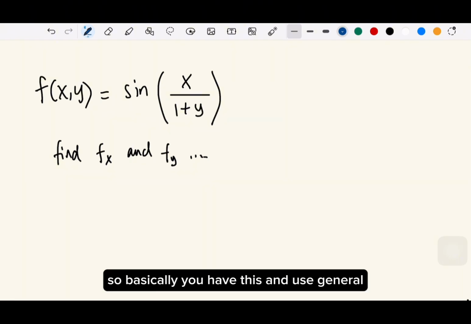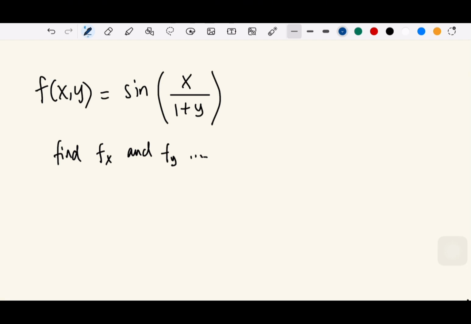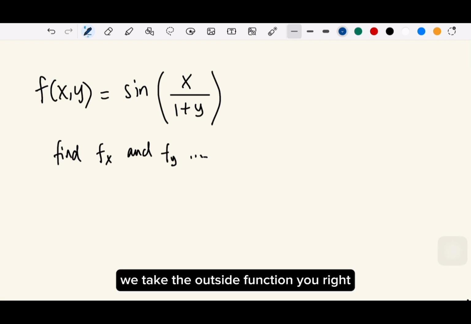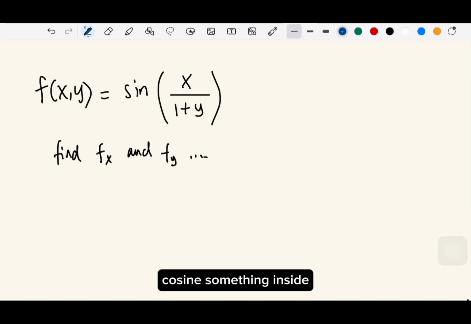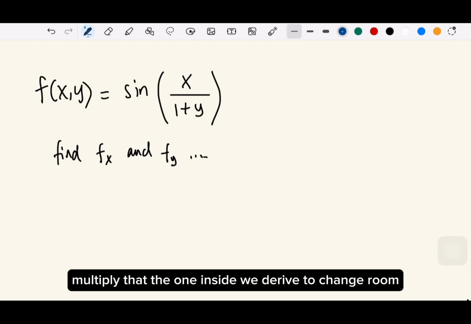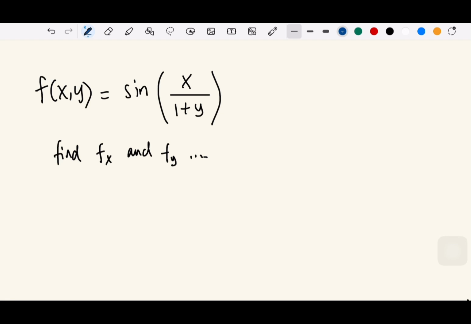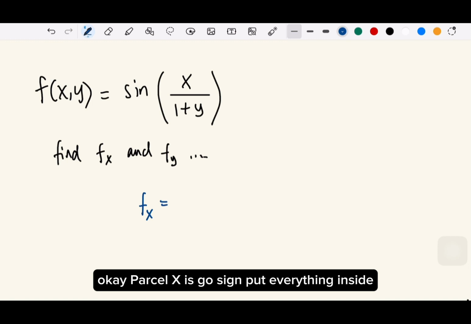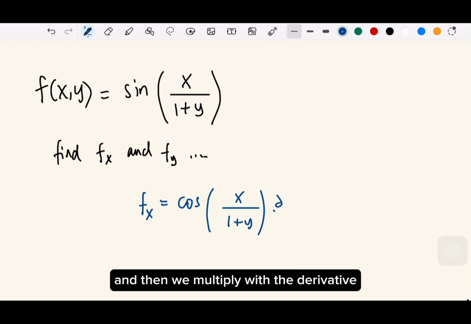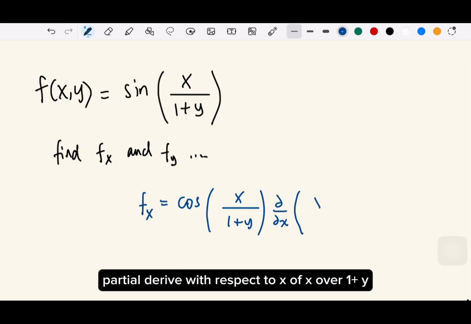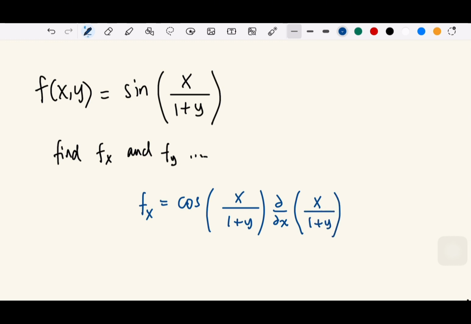So basically, we have this. You can use chain rule. So every time we have the sine, another function inside, we take the outside function, derive. So both partial y, partial x should start from cosine at the beginning. Okay, cosine, something inside, multiply that the one inside. Okay? We derive the chain rule. Okay, partial x is cosine. Put everything inside. I think I will write all the steps, and then we multiply with the derivative, partial derivative with respect to x of x over 1 plus y, which gives you